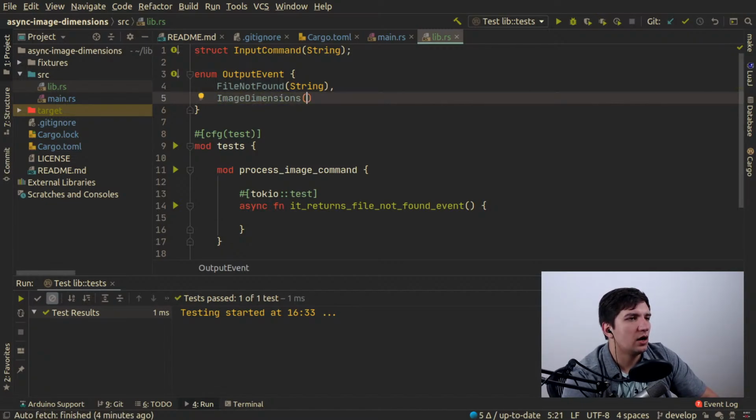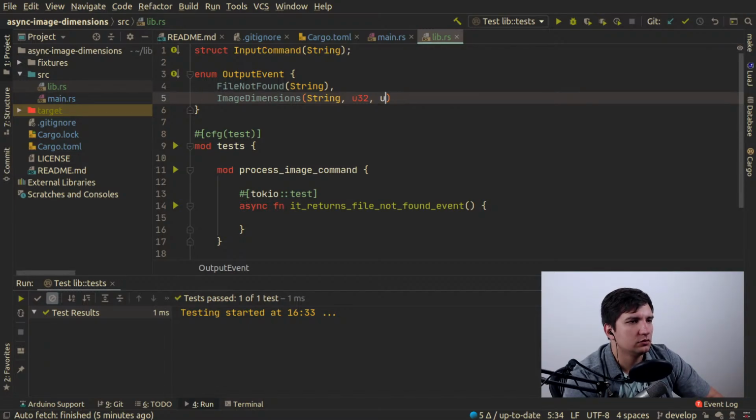So this is gonna be our event output as a JSON, right? Or as a struct. So image dimensions, and here we're gonna have a struct with a string as file name, and we're gonna have the width as, I think it's gonna be u